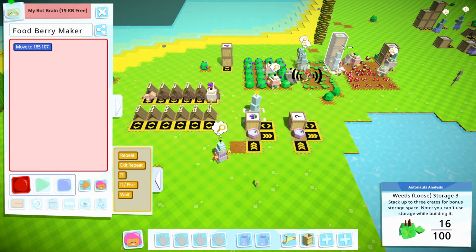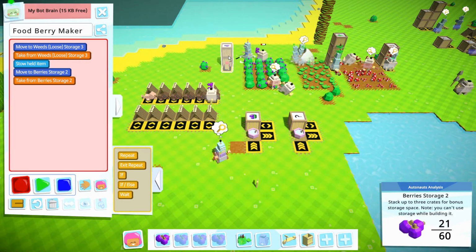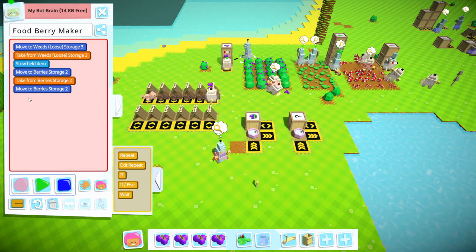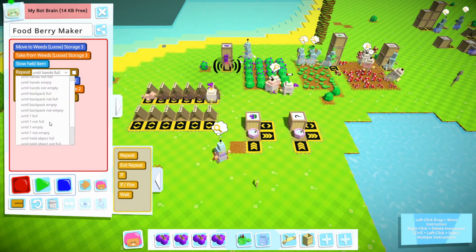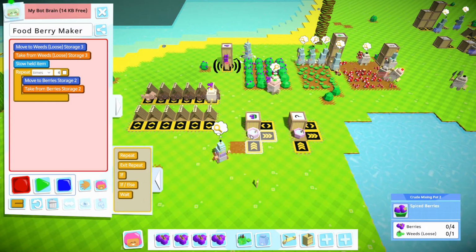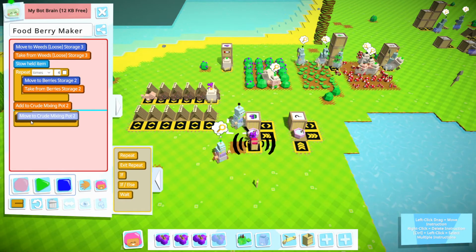Grab a weed. Stow. Okay, come over here. I'm gonna take 4, but I'm just gonna change it so it says for you to take 4 like this. Okay, 4 times. Alright, now go down here and you're going to do that until